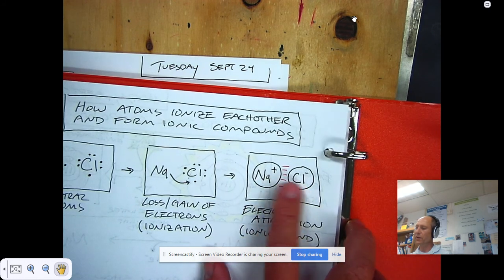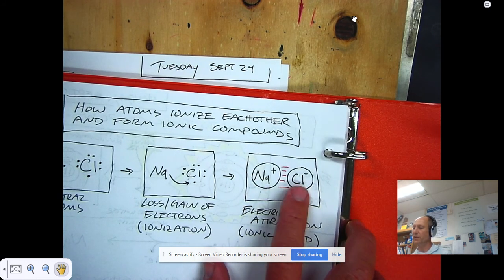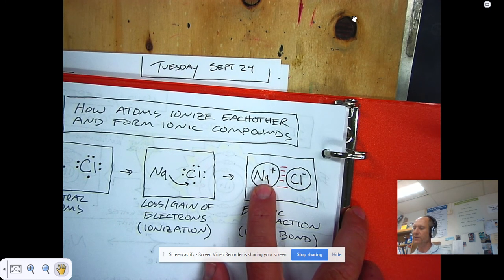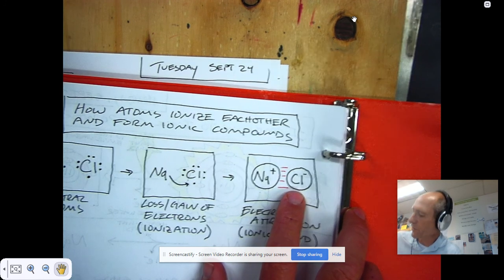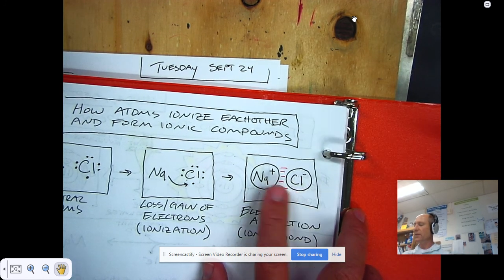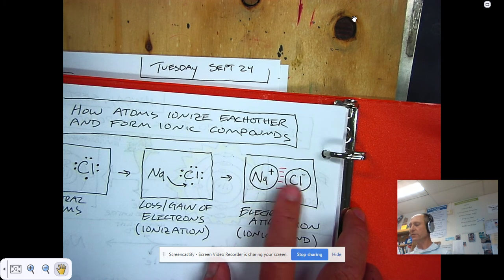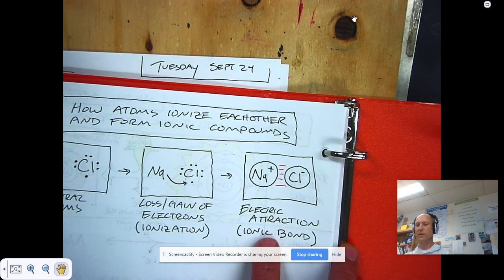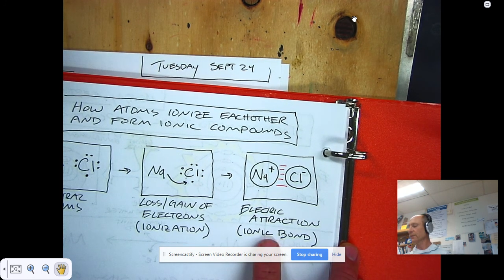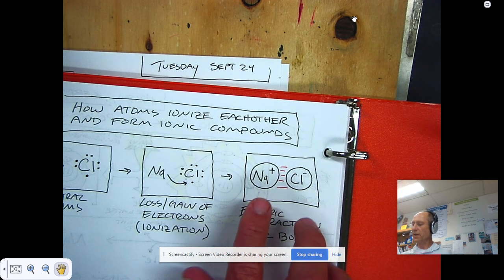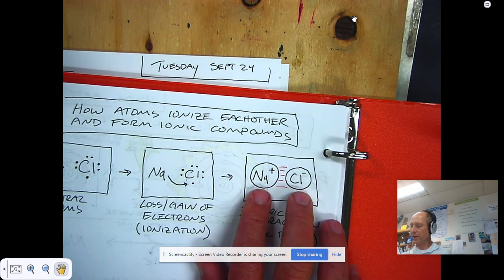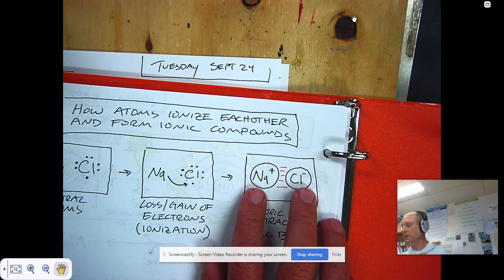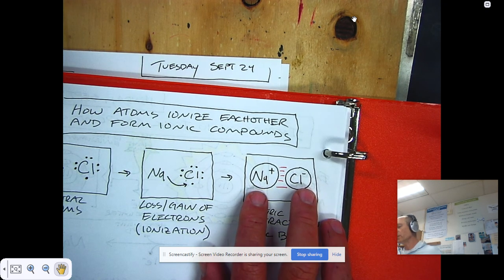And then those two ions stick to each other because electrically positive things stick to electrically negative things. And when two ions are stuck together, we call that an ionic bond. So this is an ionic compound made of sodium ion and chloride ion, and the name for this compound is